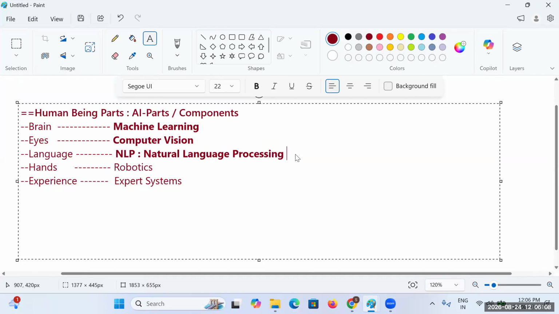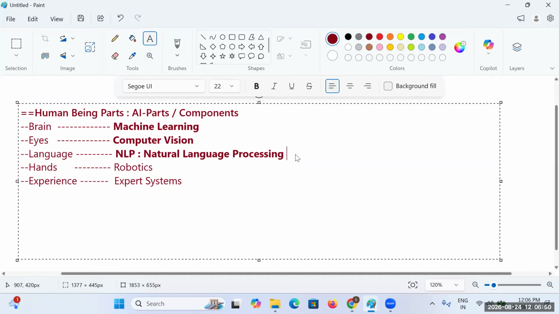As human beings, we have different types of languages, like Telugu, Hindi, English. In a similar way, while working, AI also works with these particular languages. So this is what we call NLP.